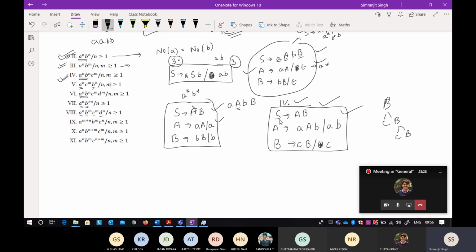Only the bare necessary, we only need three variables. First is my start variable, second takes a raised to power n and b raised to power n into consideration, and third one is c raised to power. That is absolutely correct. Now see this one, it is a little bit of a different thing because the c is coming in between. I think you only have to change the placement, and I think you can do it. So just try it yourself.